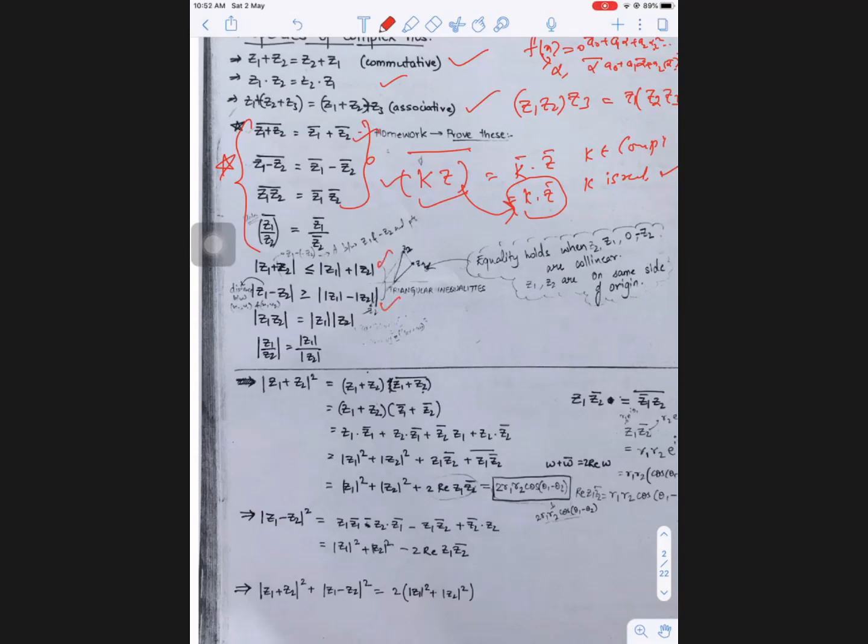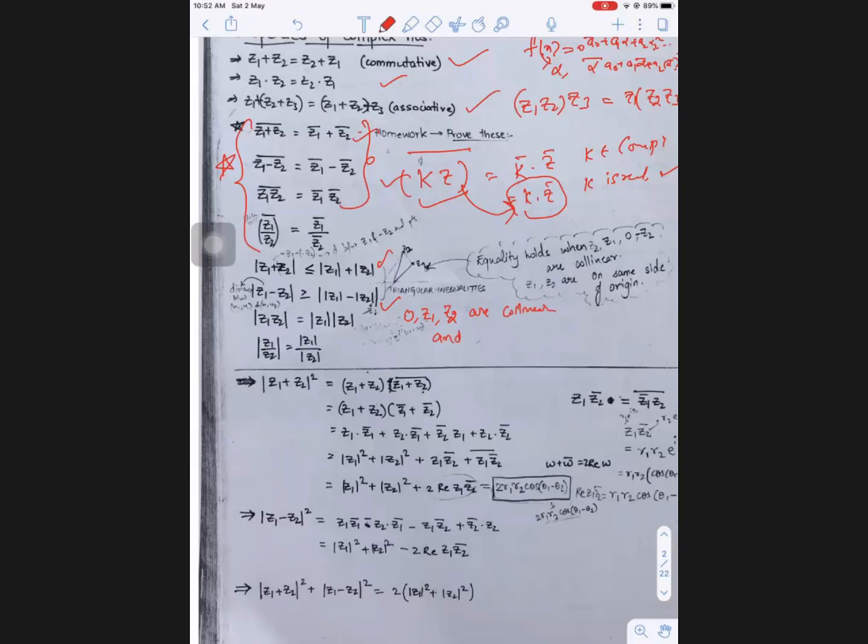Both triangular inequalities are important. And equality holds in which case? Equality holds when the origin, Z1 and Z2 are collinear,